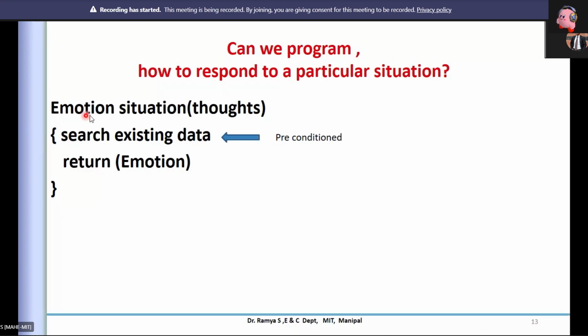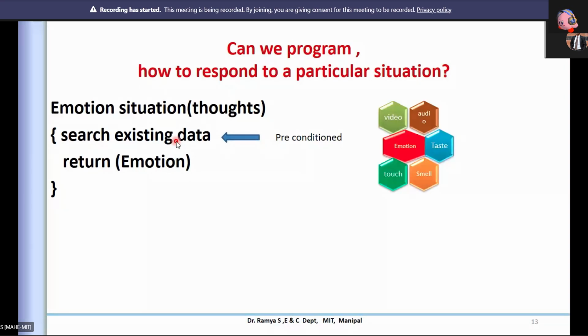Now can we program this? Can we have a different reaction or emotion to this? Though we have the same existing data, can I reprogram it? Yes, we can. But how? You should be aware of how we store the data here. The data is stored in complex information or complex dimensionality.